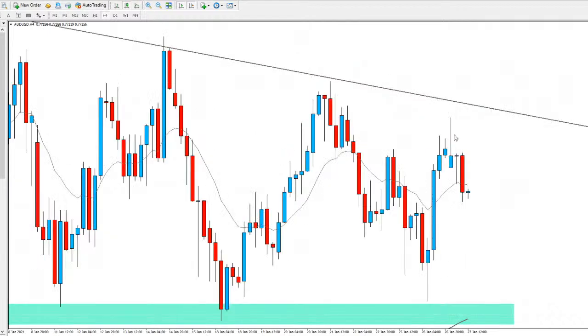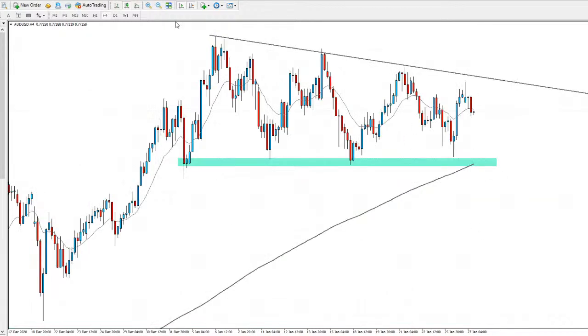So again, nice push to the upside yesterday, and then we had that bearish candle this morning. So it looks like price might be forming another lower high potentially. As you can see with this trend line, price hasn't actually come up to touch the trend line yet, with obviously the move that we had yesterday, but price is looking bearish currently right now. And as you can see, we've been forming those lower highs in the market, but price has still been holding that same support. So maybe with that change of momentum that we had this morning for the 10 a.m. candle there, we might see another push to the downside there